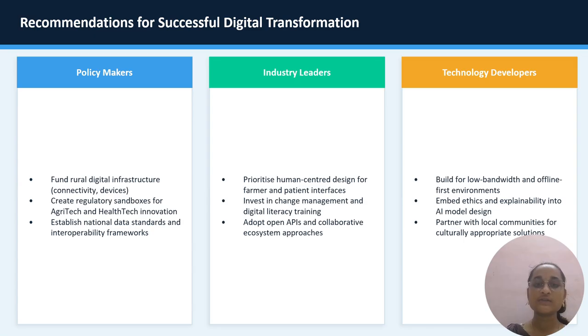Their conclusion is successful digital transformation is not just about building tech. Government needs to fund infrastructure and fix rules. Companies need to focus on users and training, and developers need to build for real-world conditions with ethics. All three groups have to work together. Then